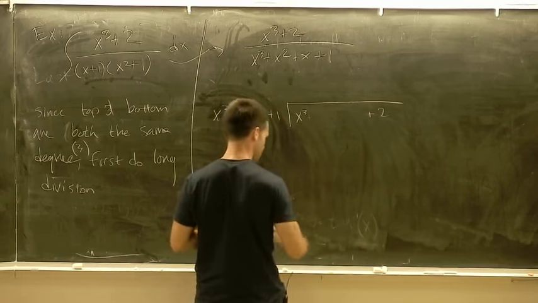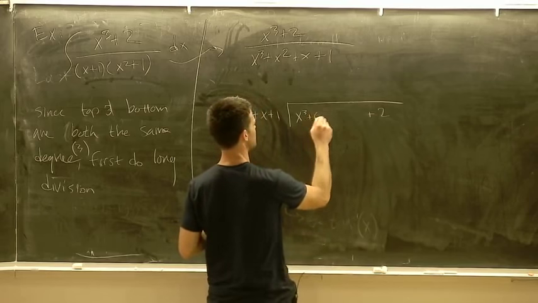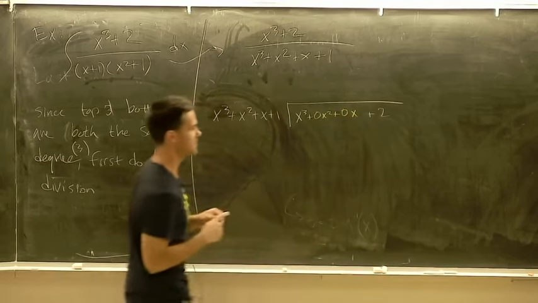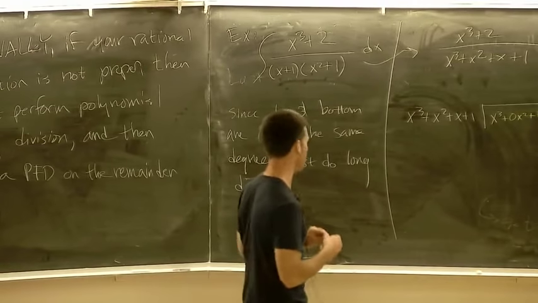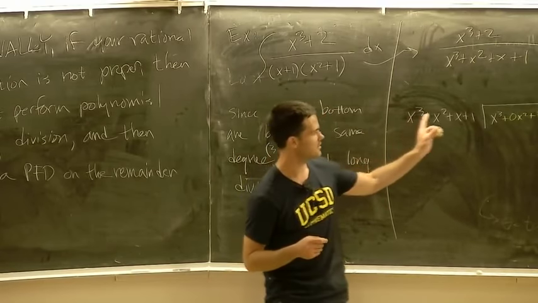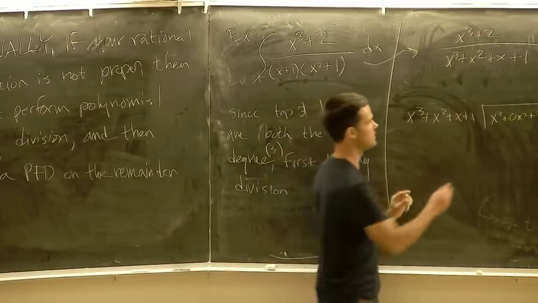Some people like to say plus 0x squared plus 0x, if you want. Okay, what times this equals this? 1. So put a 1